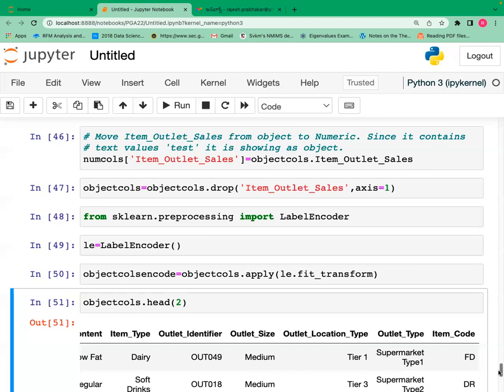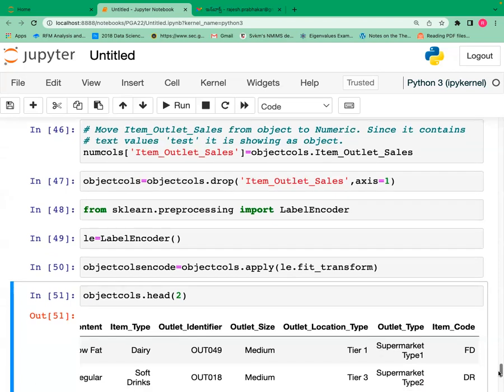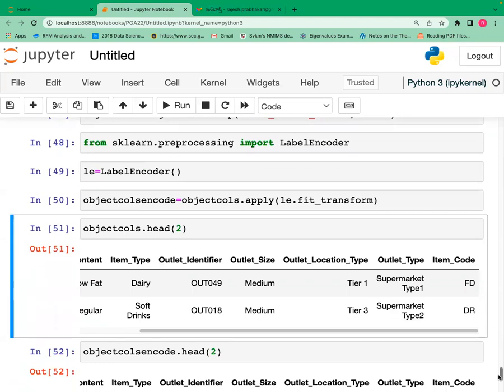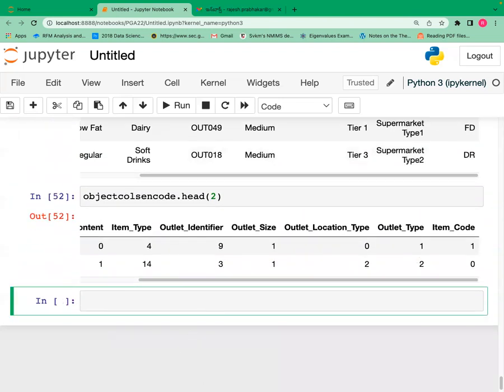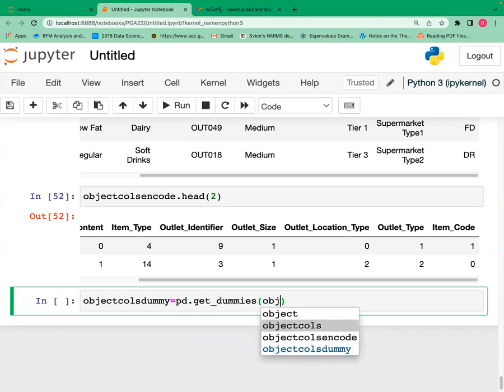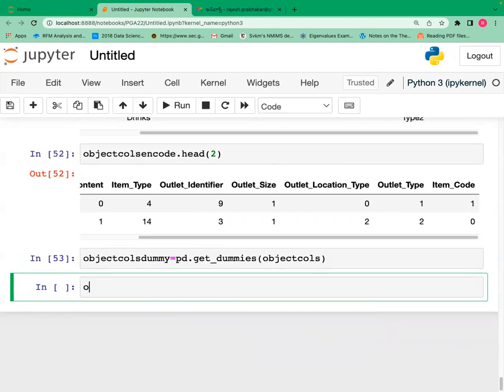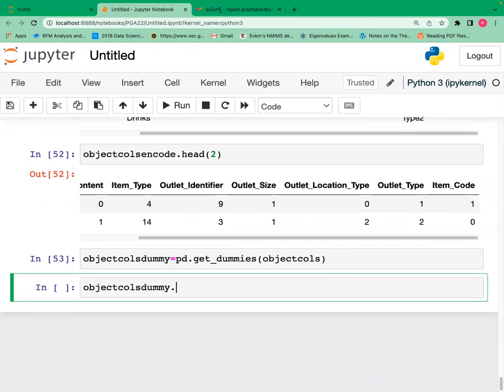Okay, I've talked to you about the other process, right? Get dummies. We will also look at the get dummies, how we get the get dummies. This all of you have done, right? So object calls dummy is equal to pd dot get underscore dummies object calls. Object calls dummy dot